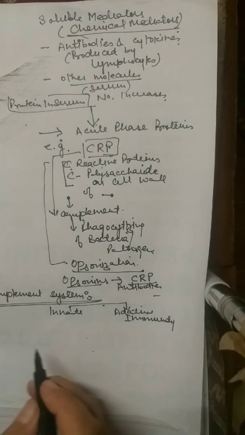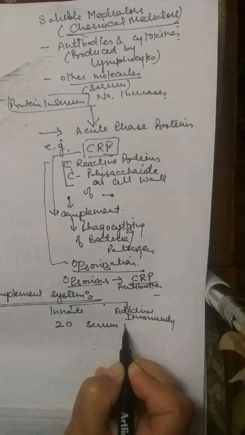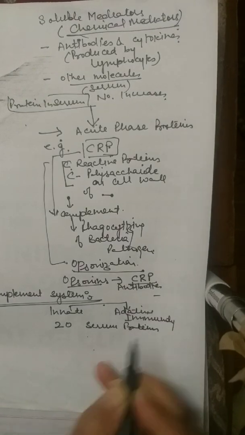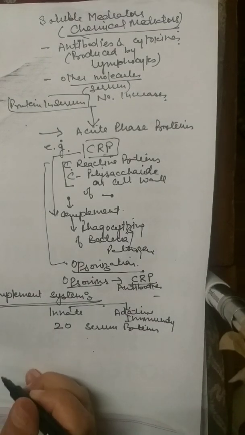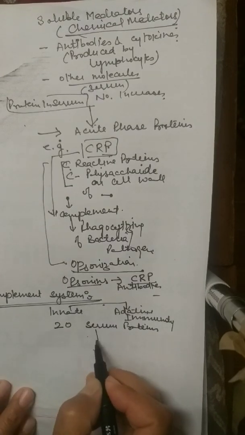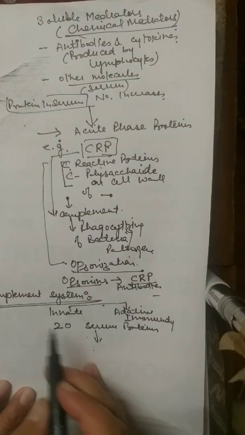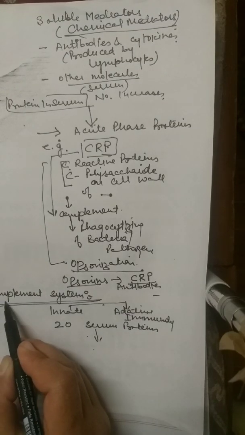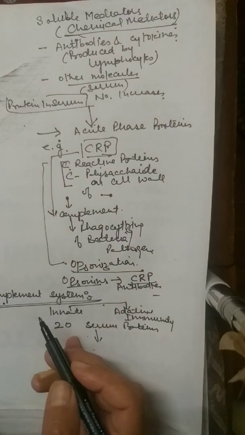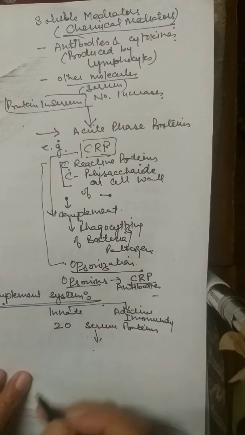The system is a group of at least 20 serum proteins, and their function is to control inflammation. These different components of the complement system interact with each other and with other elements of the immune